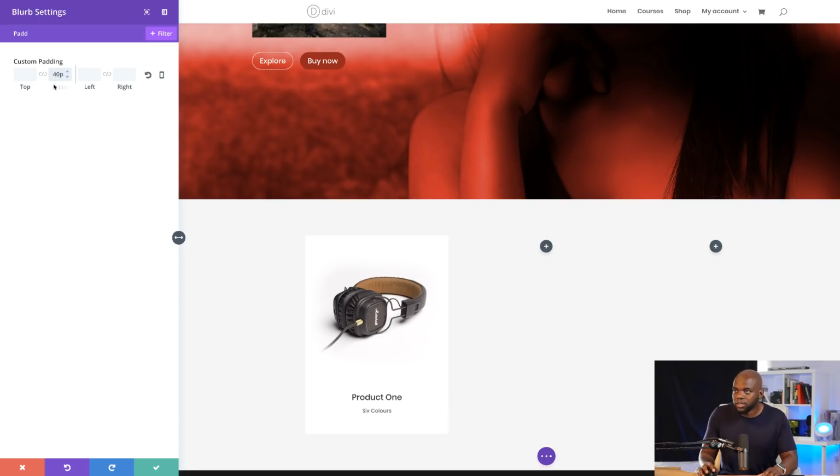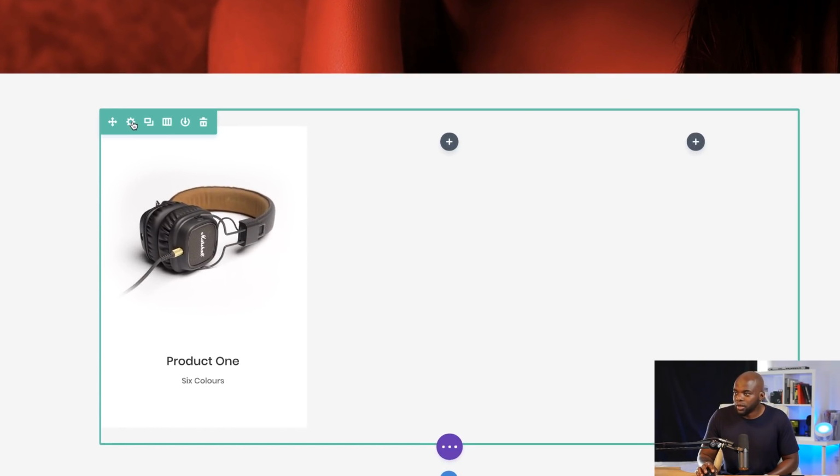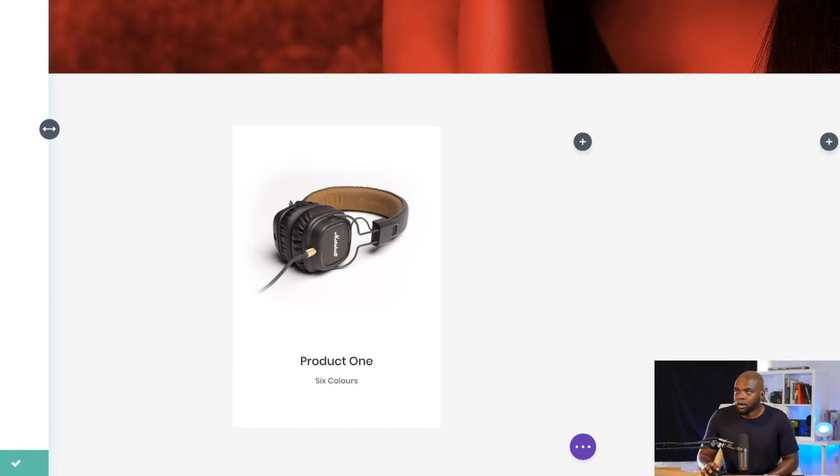Okay, maybe we might need to add a bit more, give it a bit more breathing space. All right, I'll go with 60. I like that. I'm going to go ahead now and save. So the next thing we're going to do now is to come into our row settings and make our custom